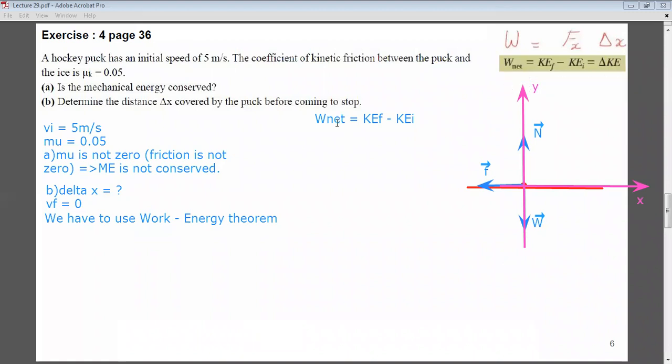Now, which forces contribute to W net? Similar to the previous exercise, there is no NX, there is no WX. So the only force that will contribute to W net is the friction. So I will have minus F